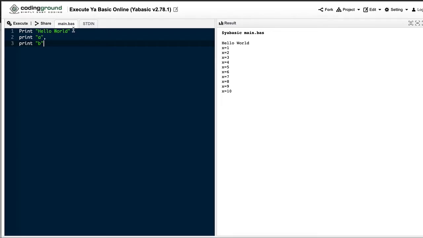First hello world, then the line will change. Why the line will change? Because there is no comma over here. The line will change. Then A and then B beside the A, right? So you got this, right? Okay, there's too much of a gap coming, so I think this software takes a semicolon. I don't know. Let me just try with a semicolon. Yeah, A, B together, right? Can you see the output?